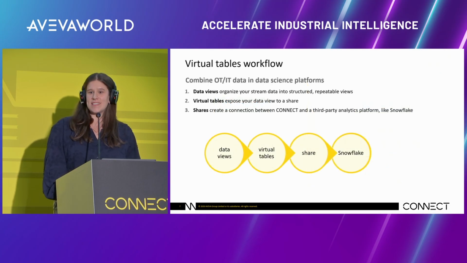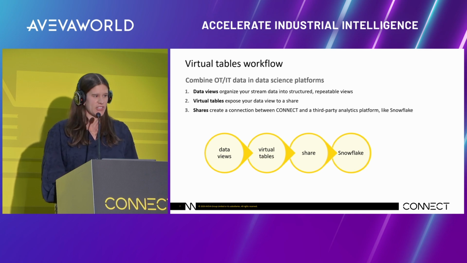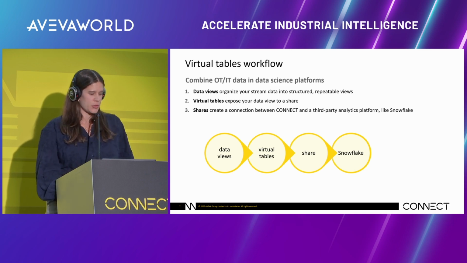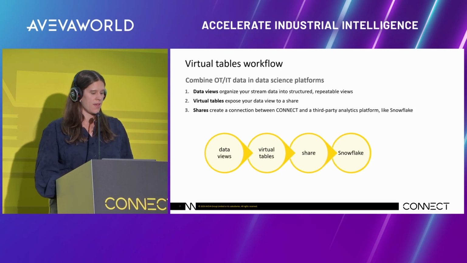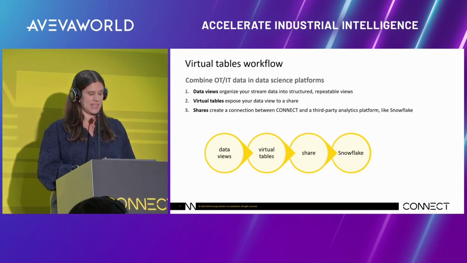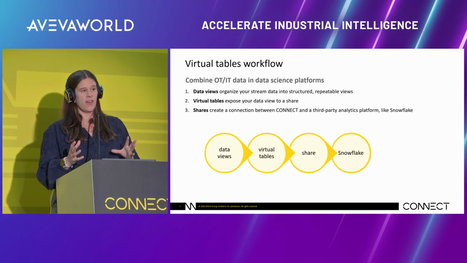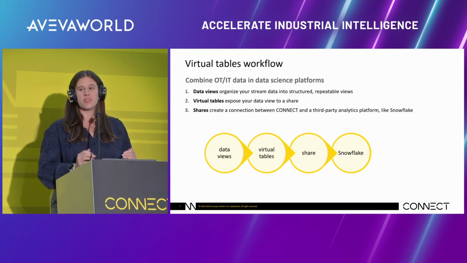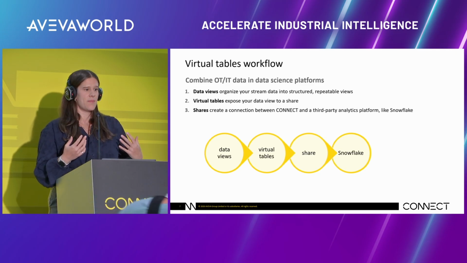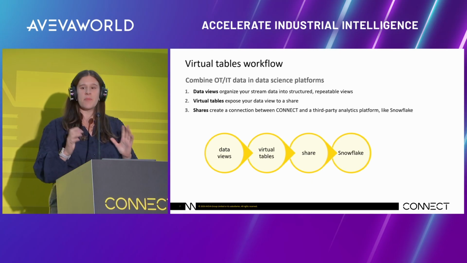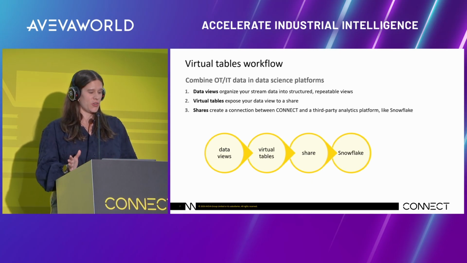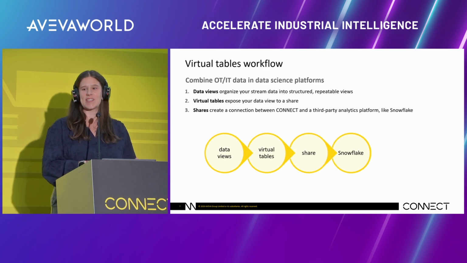So let's talk about the details, the technicals of how this actually looks and how this works. So the virtual tables workflow, I kind of mentioned it already. It starts with a data view. And that's a way in Connect to organize your stream and entity data into a structured view. And that's not just for virtual tables. That can be, if you want to query your data via API, it makes it available to you in a structured table. But then once you have your data view, you create a virtual table, which then exposes your data